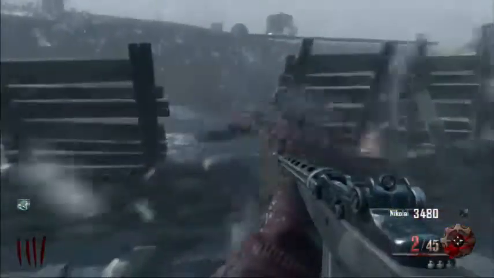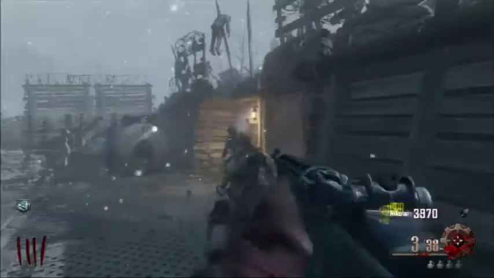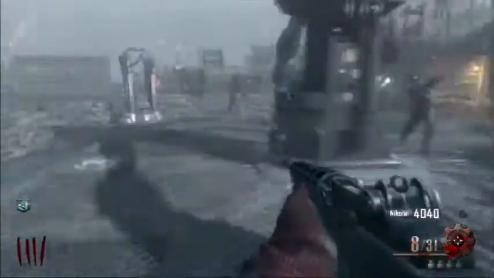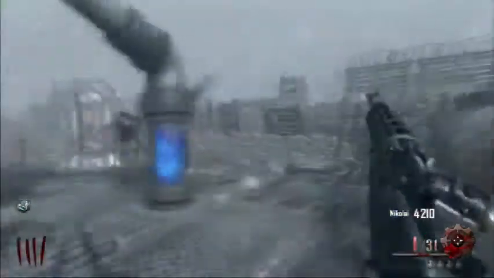So yeah, these early rounds, since they're pretty easy, relaxed, you can just take it easy a little bit. I don't normally hit the box. I mean, if you want the mystery gun, you can. But yeah, I'm just going to go around and turn on all the generators right now, so...